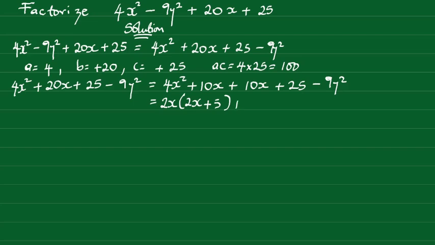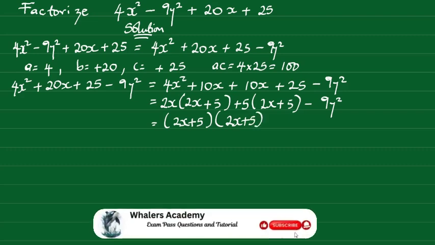Here we factor out plus 5, and we're left with 2x plus 5 bracket close minus 9y squared. Continue. We have bracket open 2x plus 5 bracket close, bracket open 2x plus 5 bracket close minus 9y